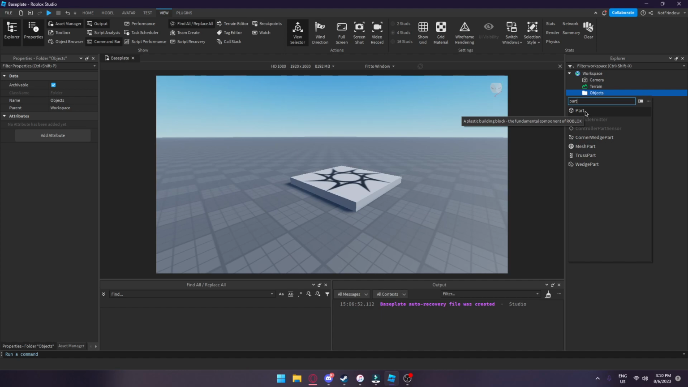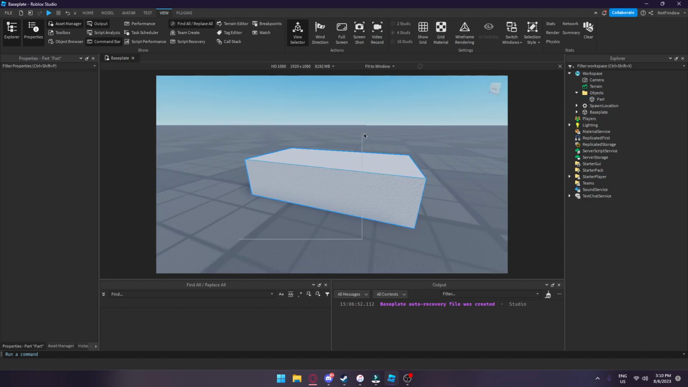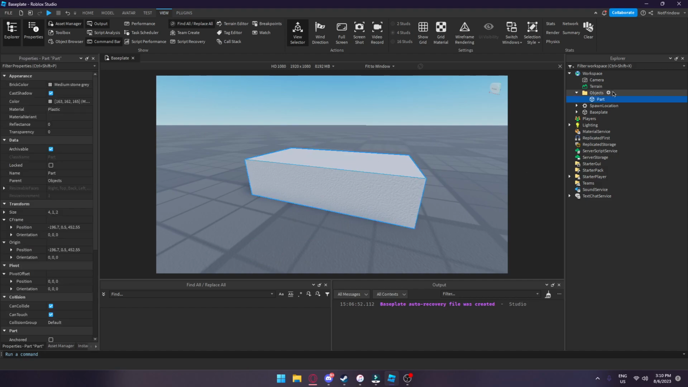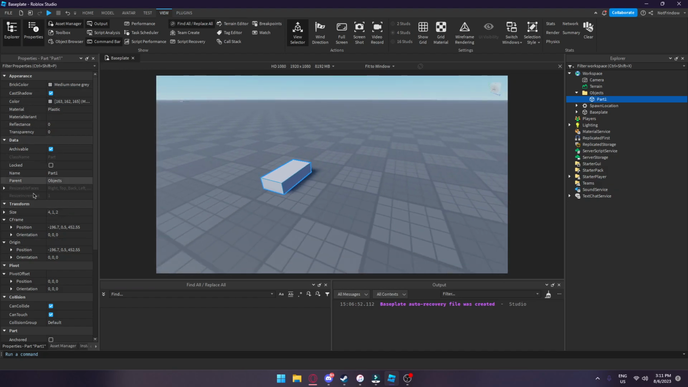So, a plastic building block, the fundamental component of Roblox. If you have a bunch of these, you can make some castle. I don't know what y'all want to make, but what we're going to do, we're just going to rename this Part 1. And we are just going to go over to the properties and resize it to 4x4x4, which should look something